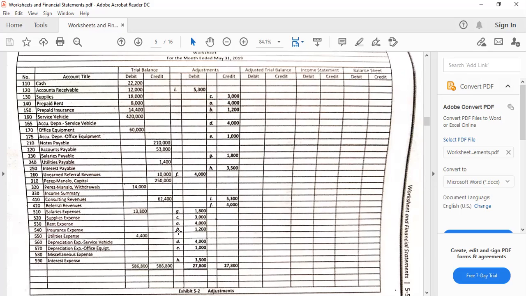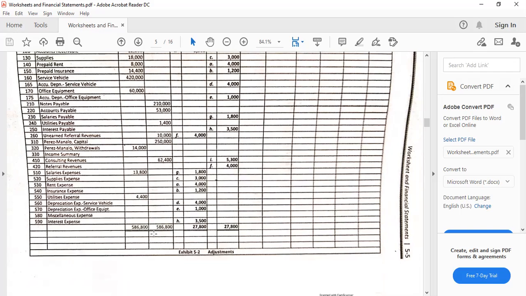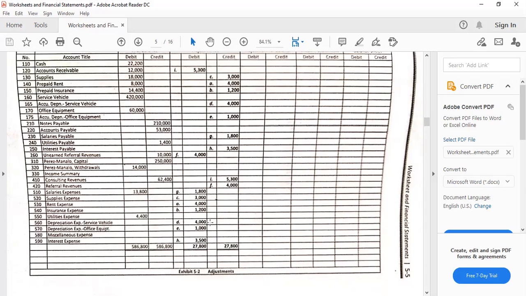So letters A, B, and so on will have to be reflected both for debit and credit. So A, A, B, B, C, C, and so on. Then we get the totals. And with the double rule, you can notice that we have 2 lines under the total because this means that they are final. They are already closed.